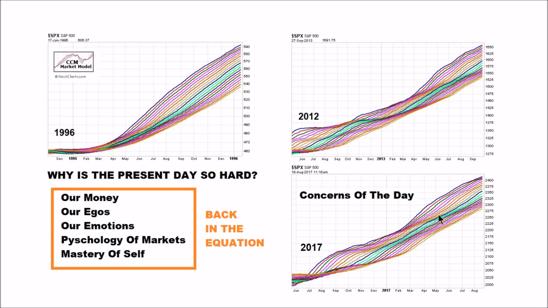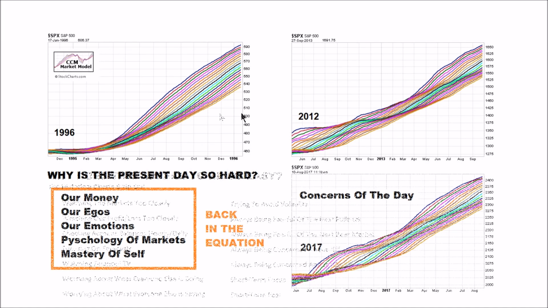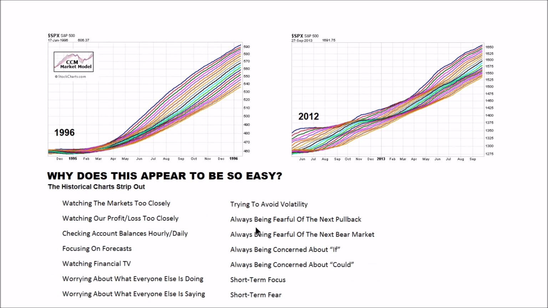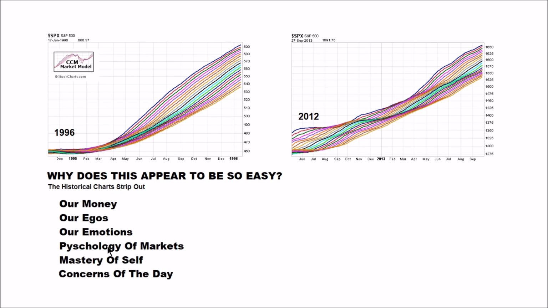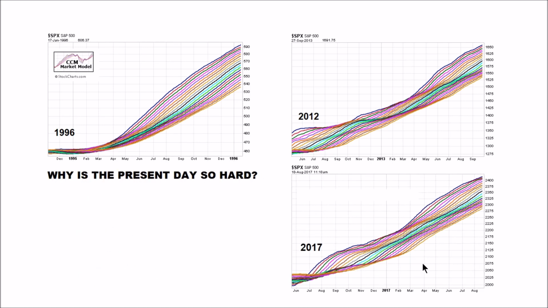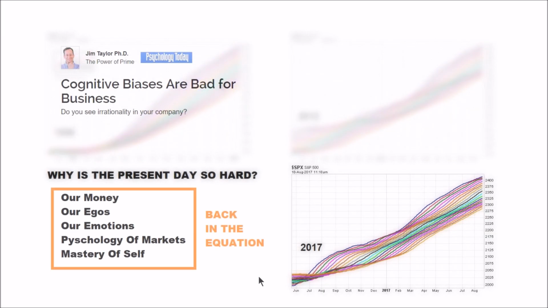The proper way to use these charts is to make a decision the exact same way you would historically when you're able to strip out all of the things that make the present day difficult. So if we looked at this chart on August 18th, 2017, and we looked at it 3 years from now, it would probably be just as easy as this chart and this chart. Human psychology is basically the answer to the question, why is the present day, no matter what the charts look like, why does it always seem so hard?